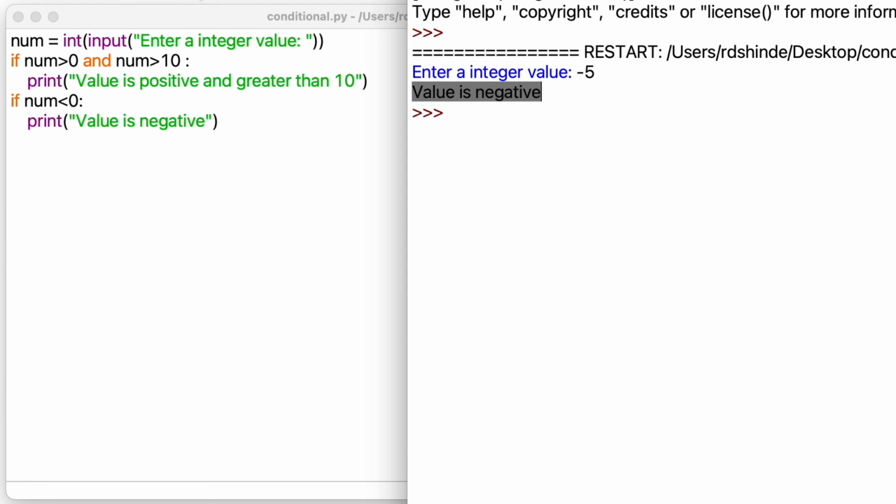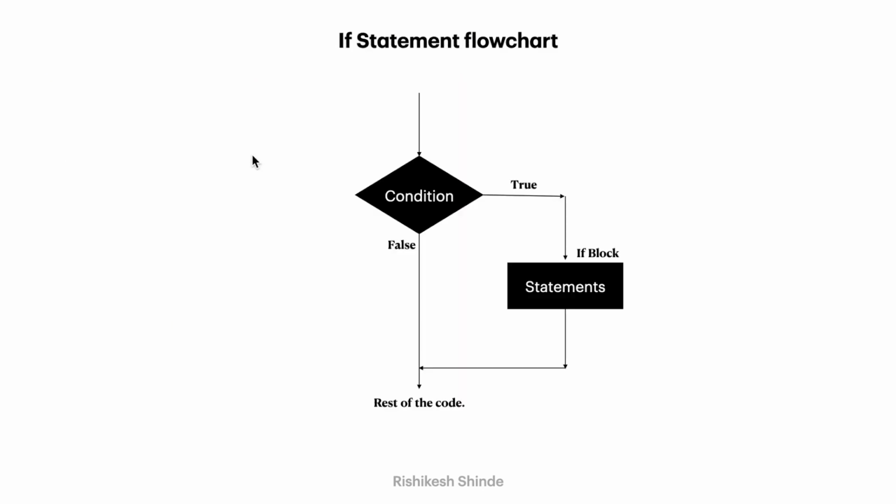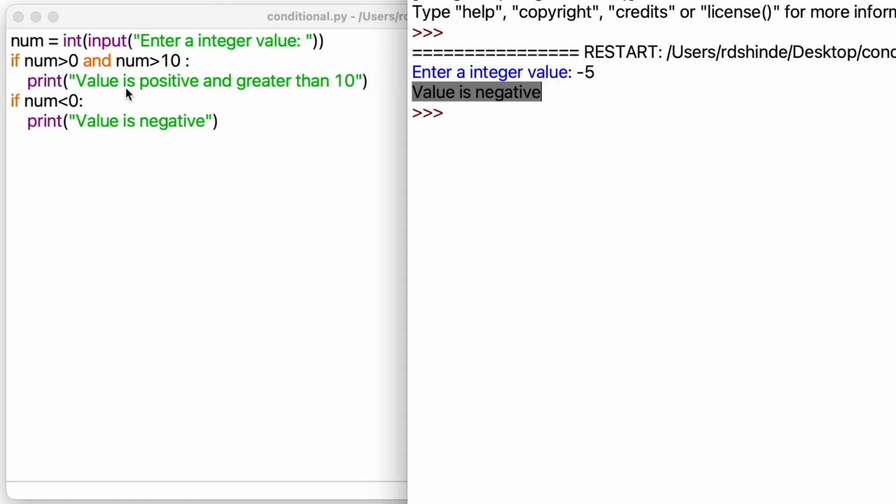So this is how this block is given here, that if this is true, then only this block will be executed. Otherwise the condition goes false, then the rest of the code will be executed. So if we have this line of code and it is true, then only this line will be executed.